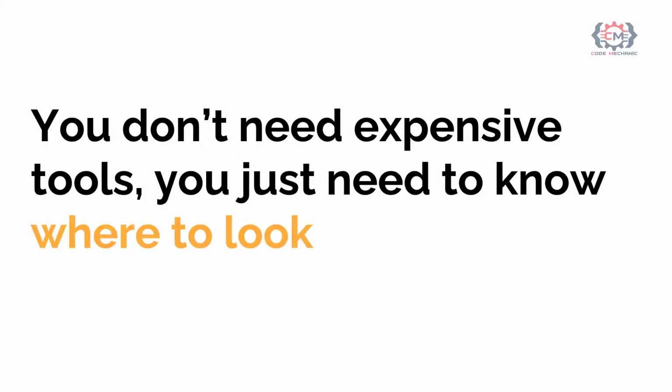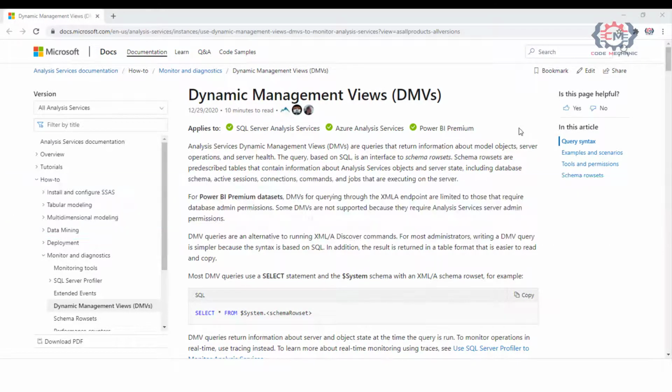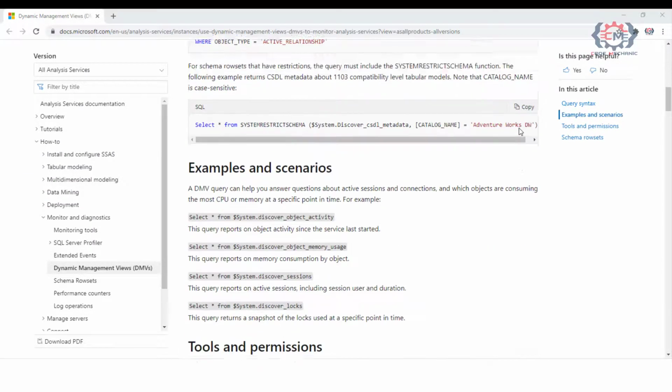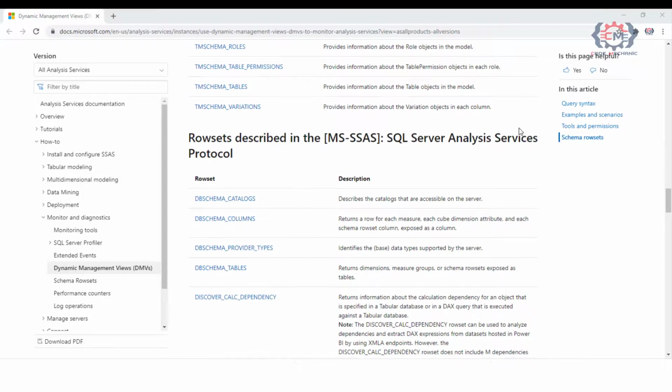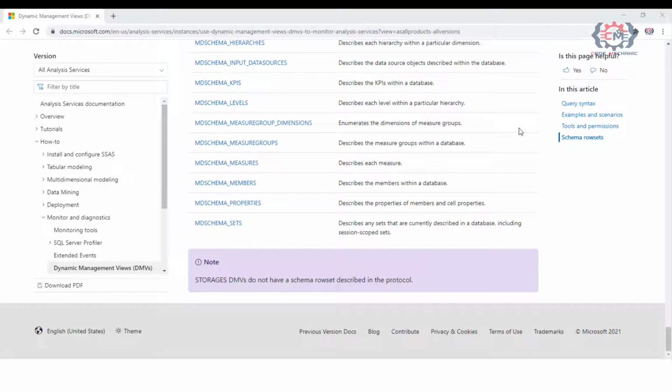And then you can just write queries to get all of the information that you need. The source of this data is a series of views in SQL Server known as Dynamic Management Views, often referred to as the DMVs for short. If you go to this page on the Microsoft website, you can navigate through all of the different DMVs that are available and the data they contain. What we are going to do in this module is concentrate on a few use cases that are the most important to us as developers and the DMVs that we need to solve these use cases.